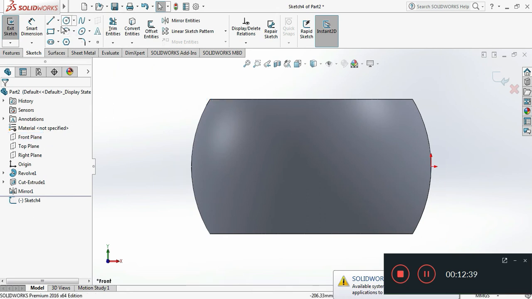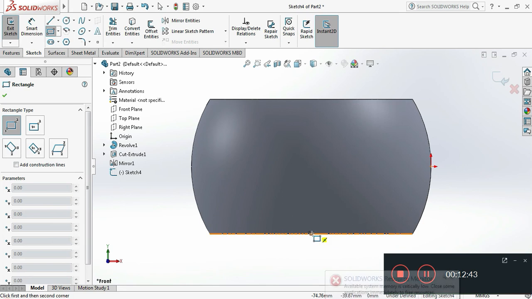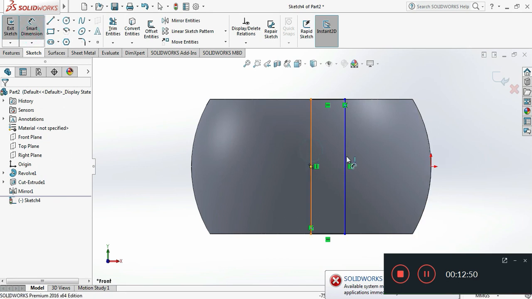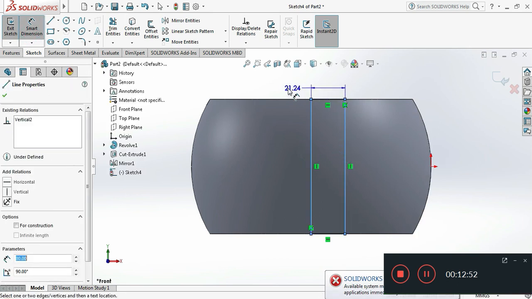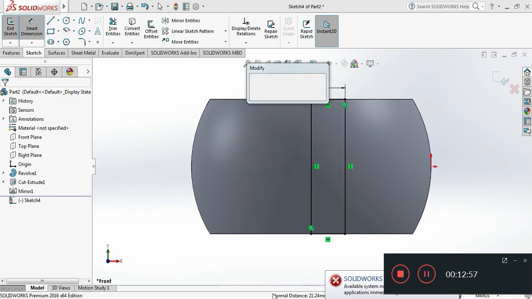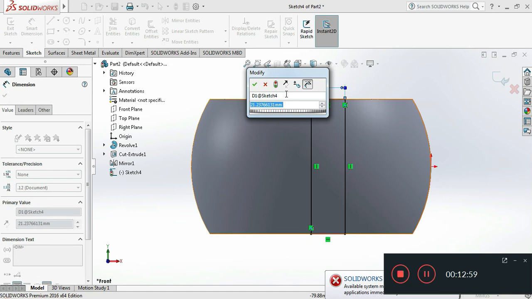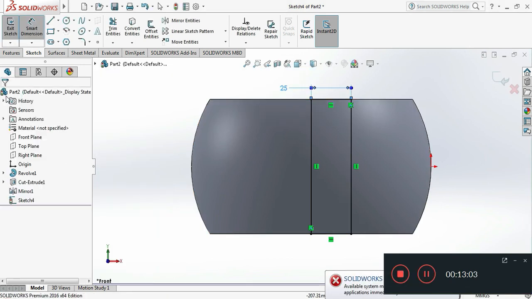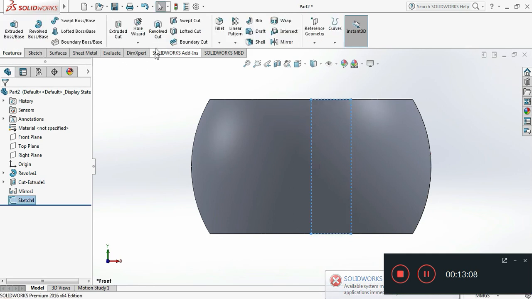Normal to sketch. I'm going for this, from here to here. The sketch is created now. Now I am defining the sketch. Okay. Let me give 25 mm. Exit sketch, and we have an option called revolve cut,